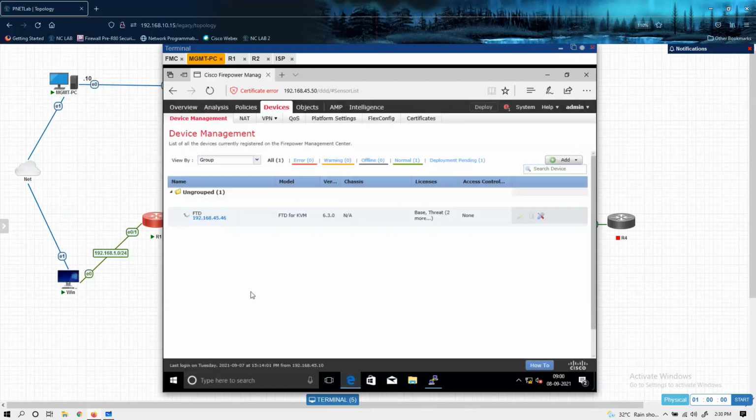It is registered, right? Right now it is loading. As soon as it will be completed, then we will edit this device to configure it.